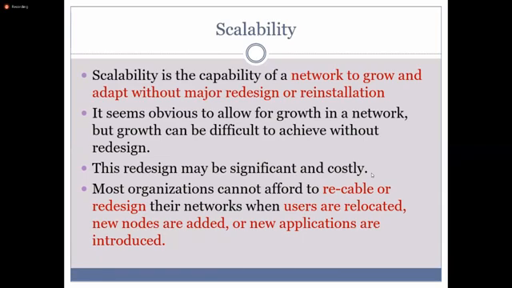So you have to put your switch near that classroom. That means if there's a wall between two classes, then you put your network rack in between those walls, so you can get extension from that. The cable lengths will be reduced. Scalability is the capability of a network to grow and adapt without major redesign or reinstallation. So you have to consider future expansion in the scalability process.